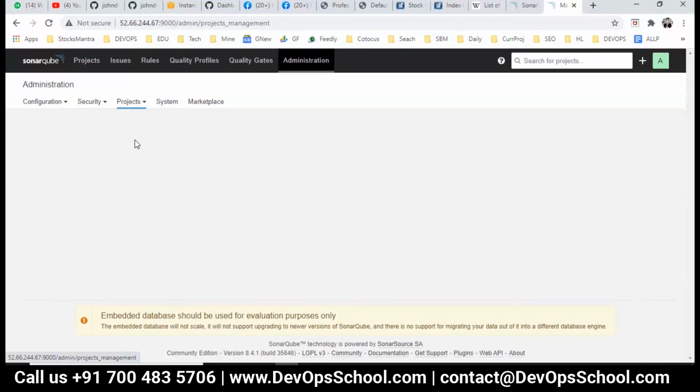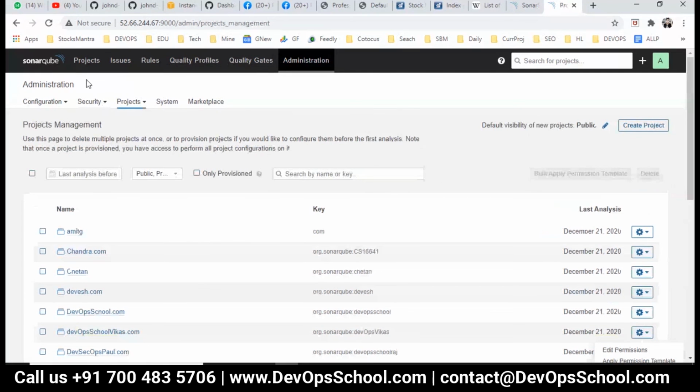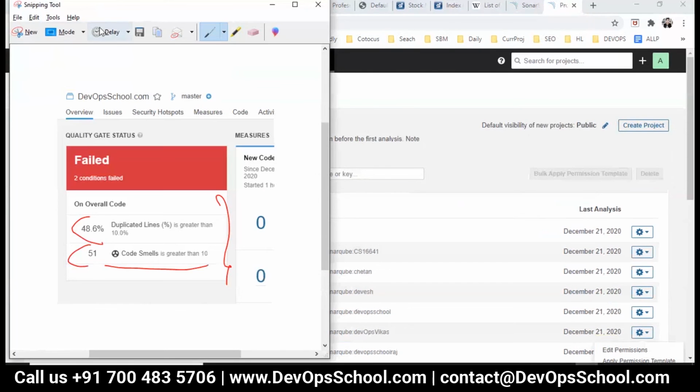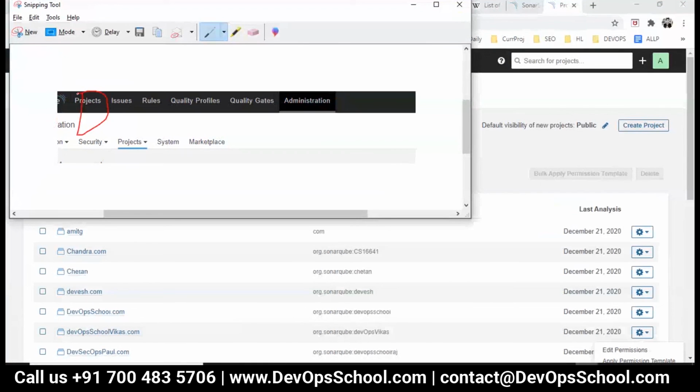Here you can manage all the projects, and you can delete, edit permissions, and many things. So guys, this is SonarQube. Here you can get all the projects, all the issues of all the projects, all the rules, quality profile, quality gate, and some of the administration options. So did you understand SonarQube as a platform for quality management for your entire organization?